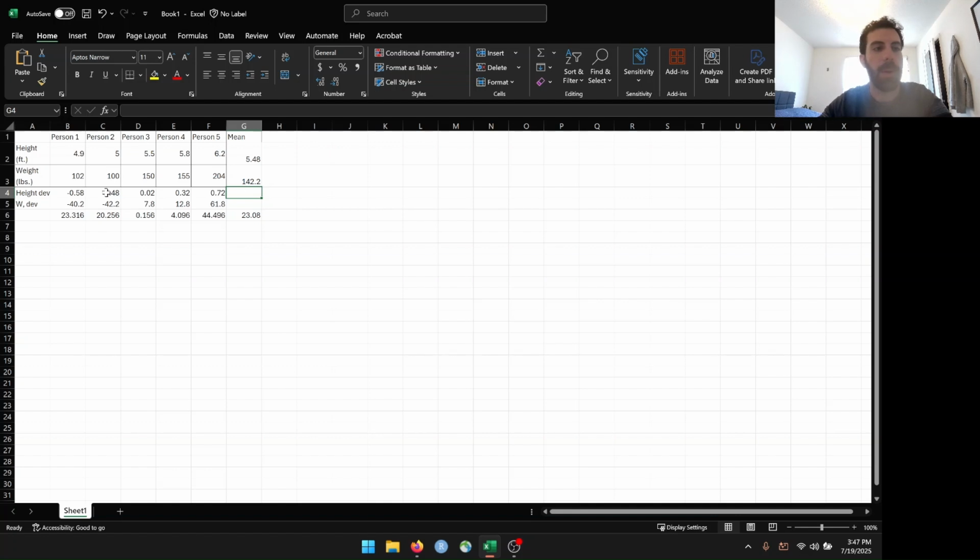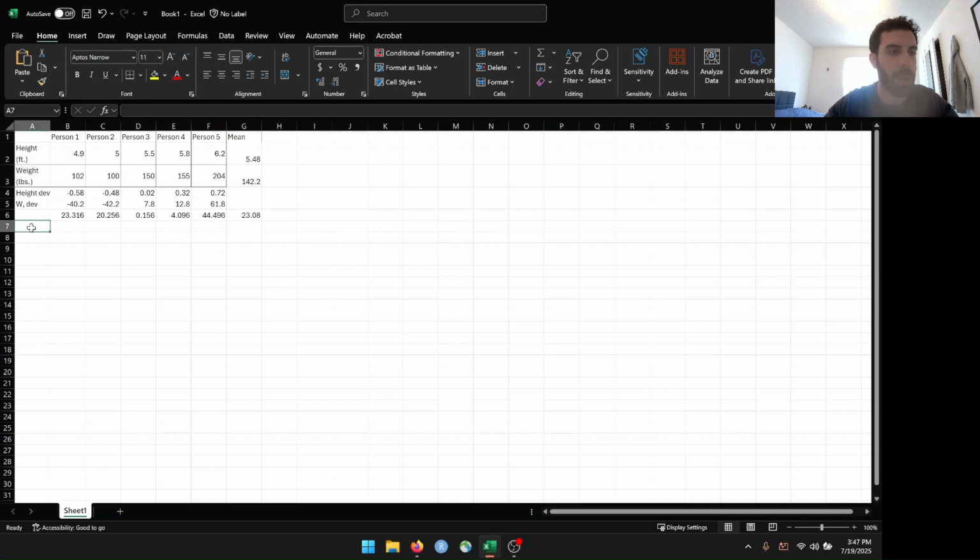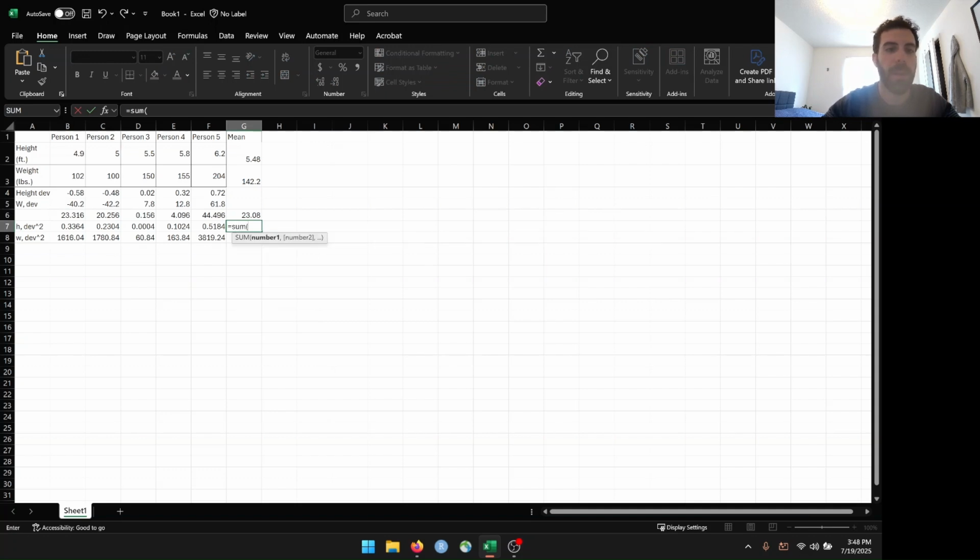You probably remember it's going to be equal to the sum of all of these things squared. Which actually maybe I can't do in one line. So let me do h dev squared here and w dev squared here. So I'm just going to square each of these, and I'm not going to use any stickies because I want it to change when I go to weight as well. Okay, so now we have, and if you double click on it, you could see the cells it's referencing. So just squaring everything. Now everything is positive. I can sum them all up,